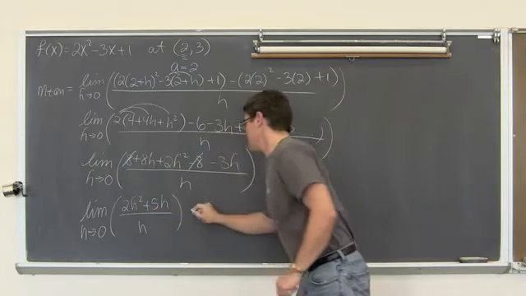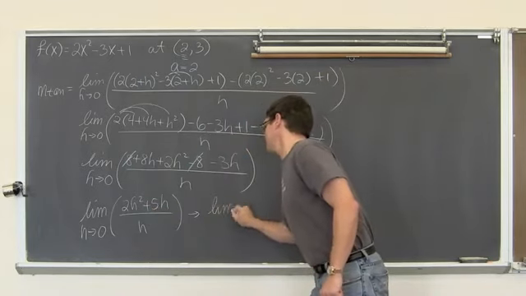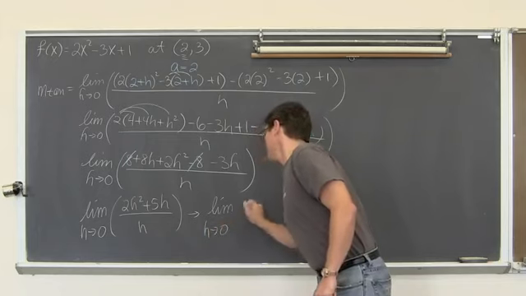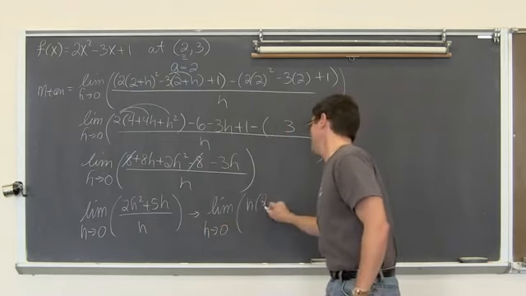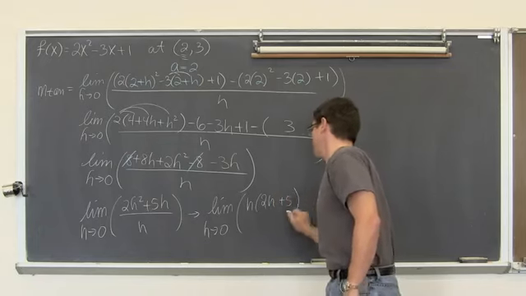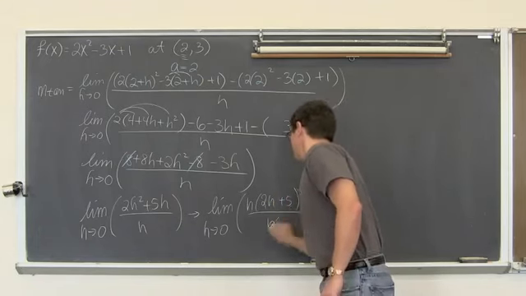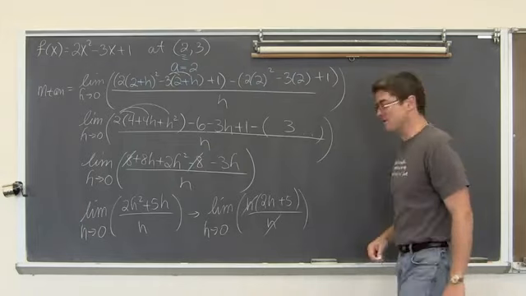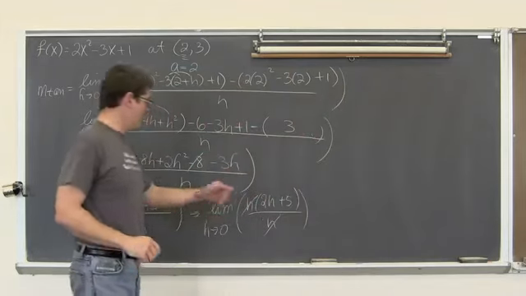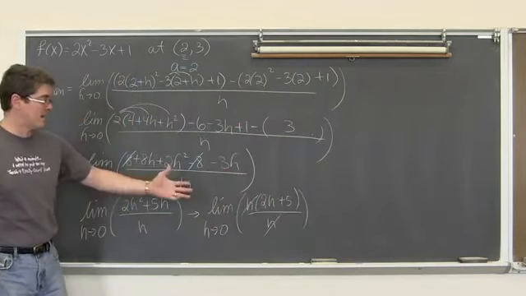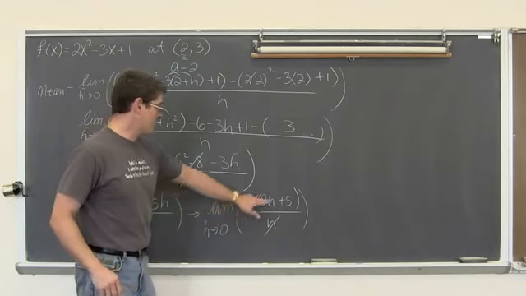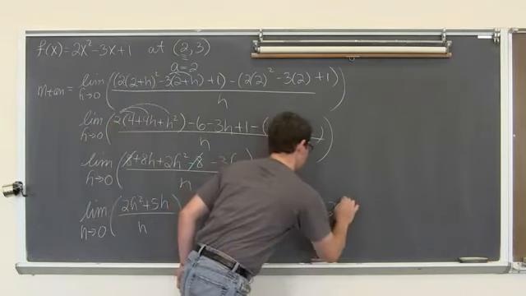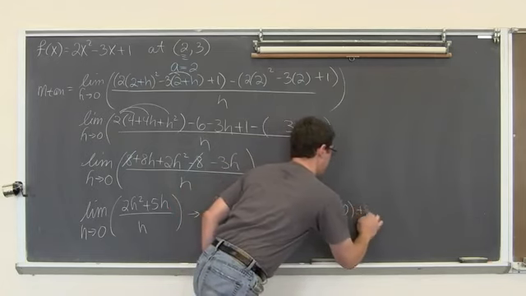I can take an h out of here, limit as h approaches 0 of h times 2h plus 5 over h. Those h's are going to cancel out. Now I can let h approach 0 and not have a problem with my denominator being undefined. So I'm going to go ahead and take 0, plug it in, and I get 2 times 0 plus 5